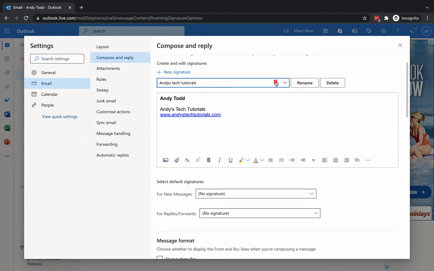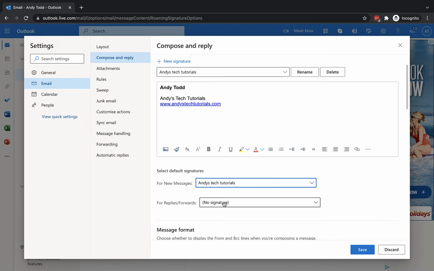So if you need to make changes to one, you can select from here. So I can select Andy Personal and then make my changes, or I can leave it as Tech Tutorials and make changes there. Because I've saved them both now, when I go into here, you'll see we have both options. So at this stage, I'm going to say anytime I create a new message, I want, in fact, I'll do Andy's Tech Tutorials,